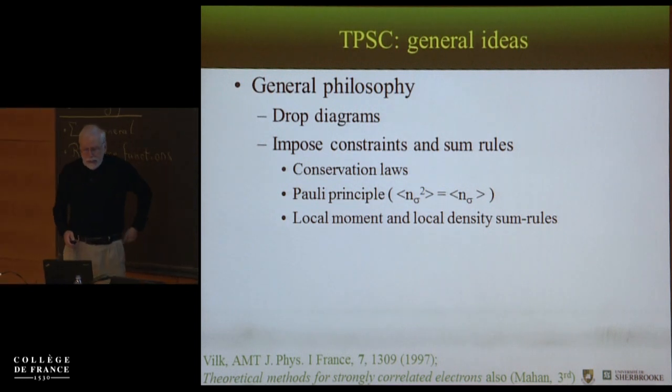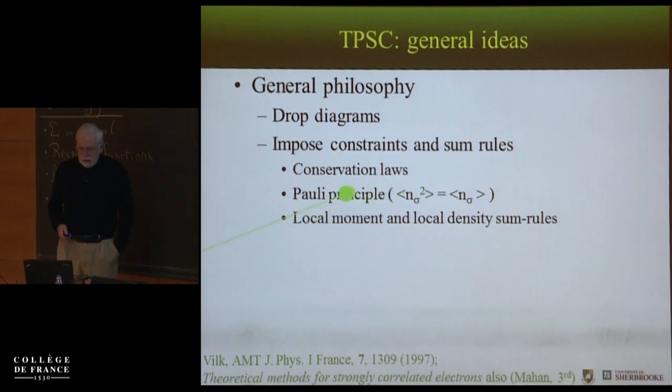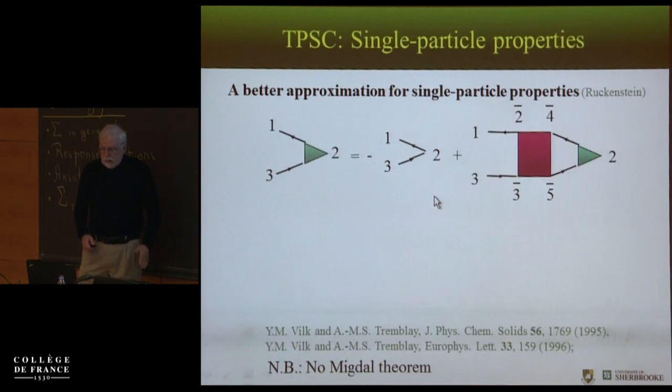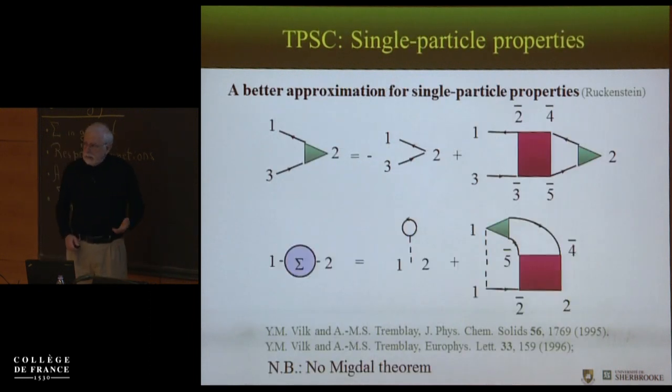So you drop diagrams, and instead you impose constraints and some rules, like conservation laws, the Pauli principle, and local moment and local density sum rule. That's what I showed you. Then what you get for free is the Mermin-Wagner theorem, this Kanamori-Brückner screening, and consistency between one and two particle quantities. So I've explained this, but I want to stress that when I wrote this expression for the self-energy, it's